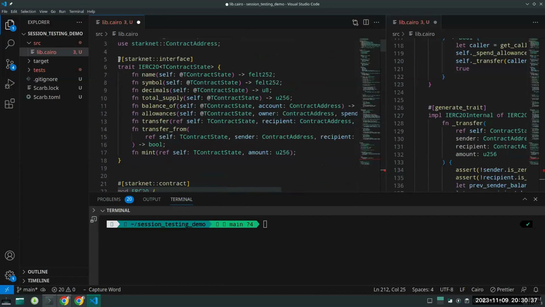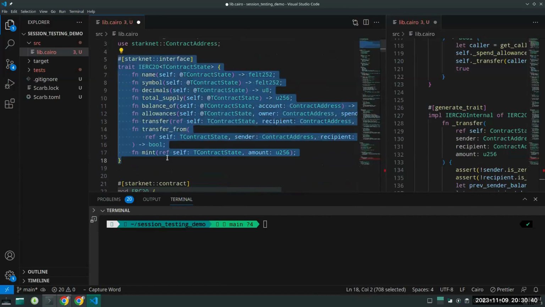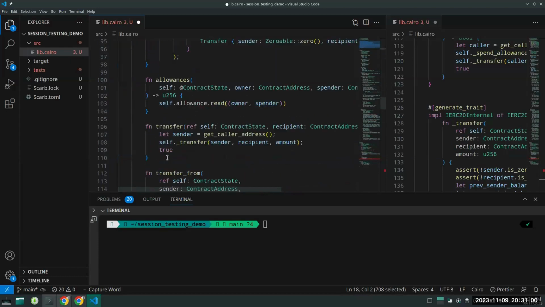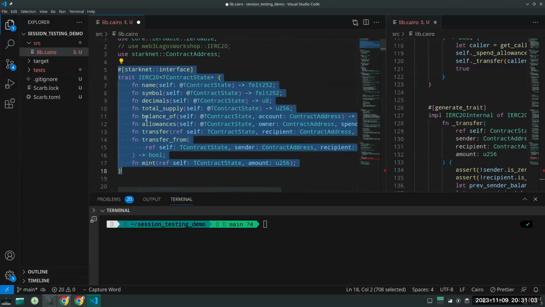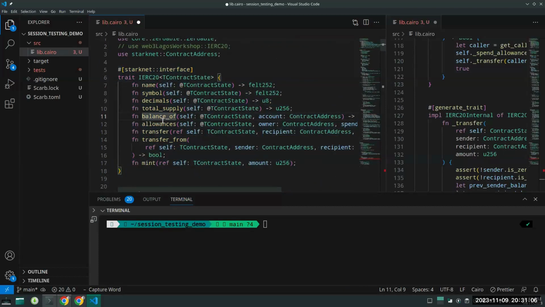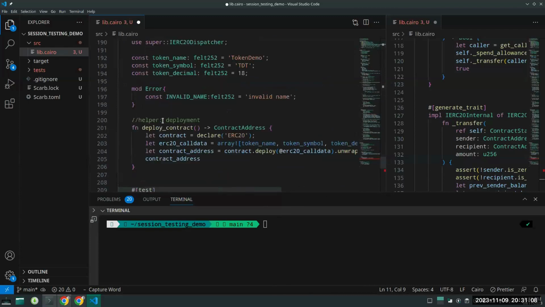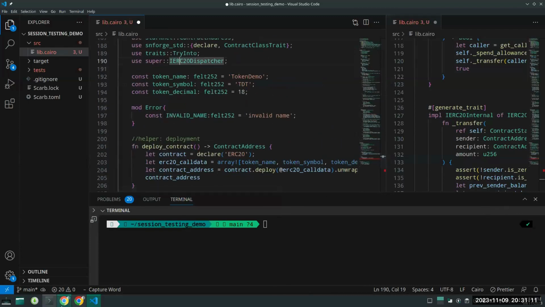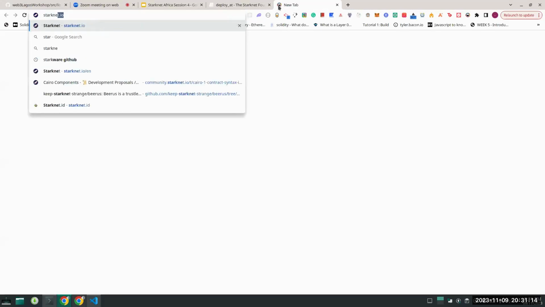Yeah, when you define an interface in a Starknet contract, it automatically generates a dispatcher for you: a dispatcher, a safe dispatcher, a library dispatcher. This dispatcher enables you to make external calls, so we are leveraging on that capability to make calls in our test. Since it is auto-generated, that means I can import it in my test. And if you check this section for Starknet, say Cairo book,